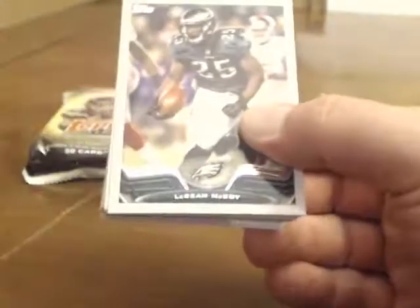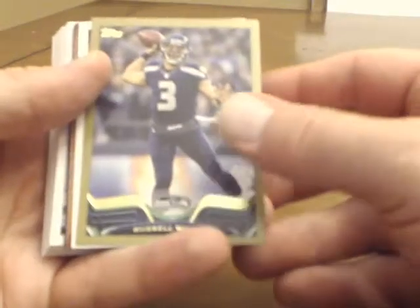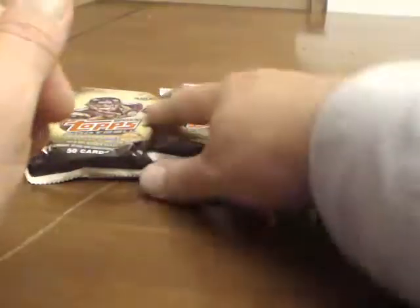Okay, like I said, we will do a quick recap of just the bigger hits. We'll just go through them real quick here at the end. That way we have that done and over with. And I think I have everything pulled that was decent. I may have missed one or two things when I started late. Russell Wilson gold. I wish they would just have all these cards going the same direction. Not sure why that's so hard, but